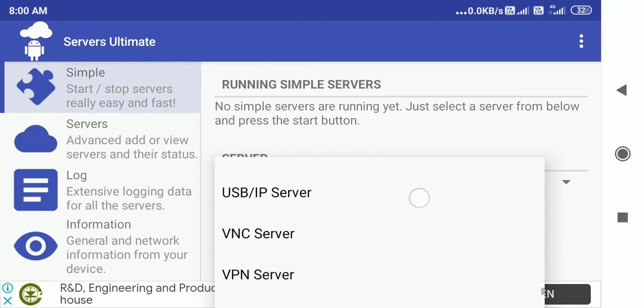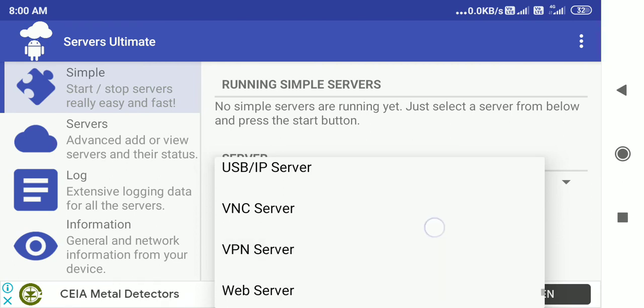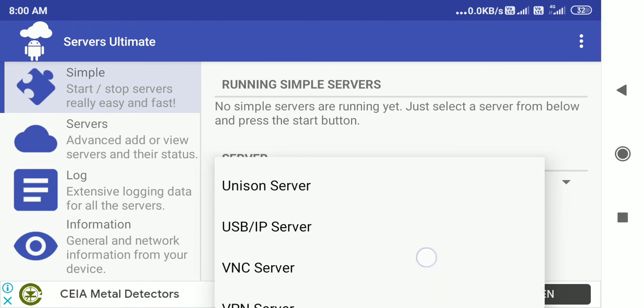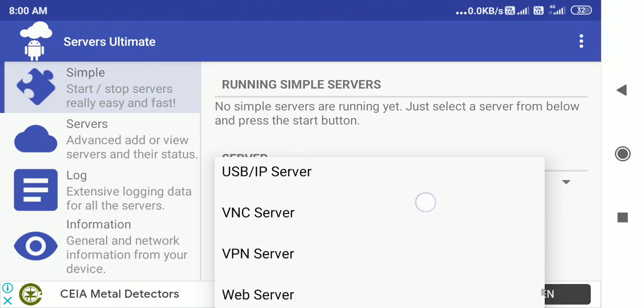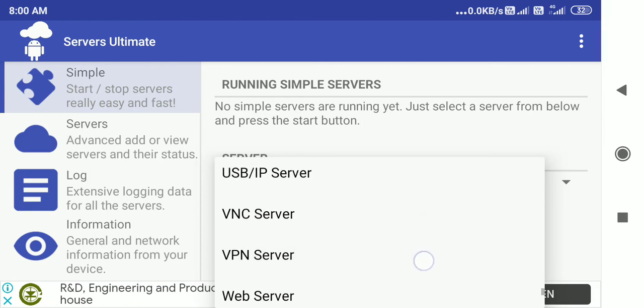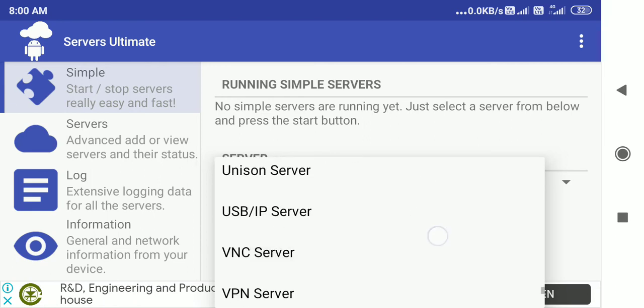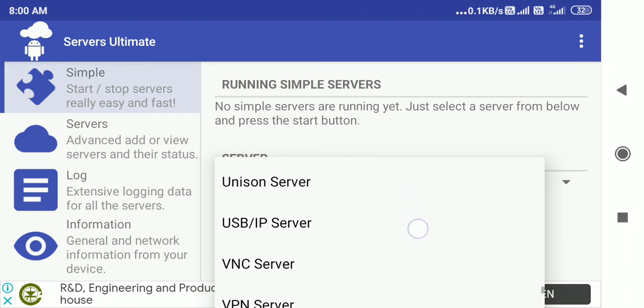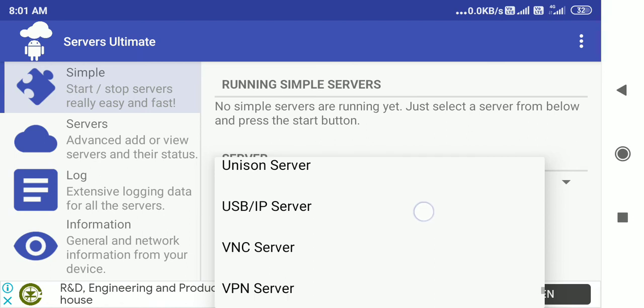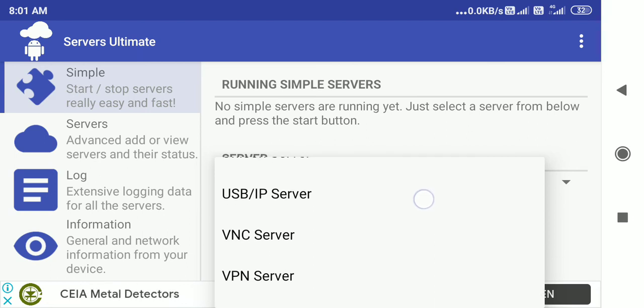USB IP server. A USB IP server is for when you want to connect a synchronous bus type of architecture. Networks are usually of different types, and USB and other things are all running. So it's a special server for specific things. If you just want to directly boot, mostly for booting a system from a server, this is a special type of thing which is used, and that is why it is called a USB IP server. One system will have one IP address, and it will go search for the server, and the server will start and boot whatever the system is, because primitively the system doesn't have anything.